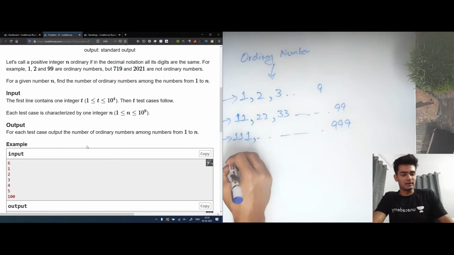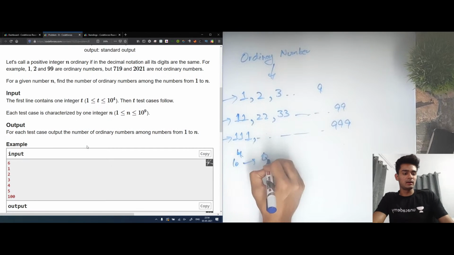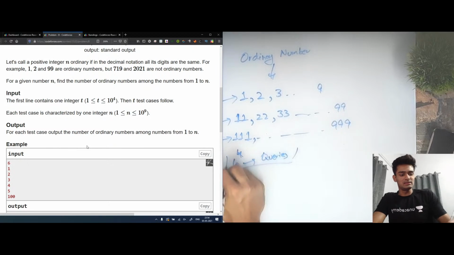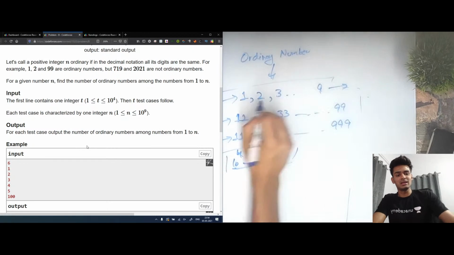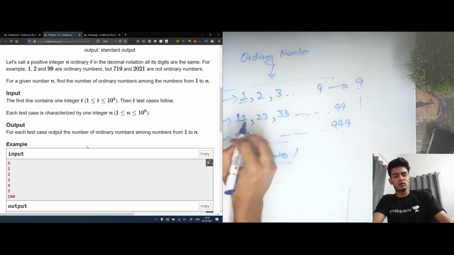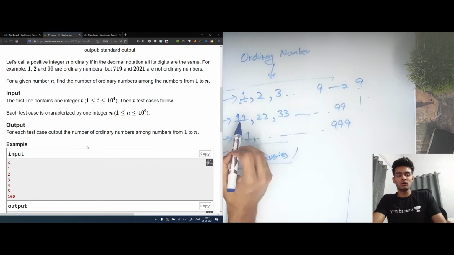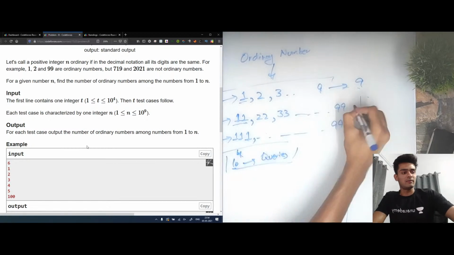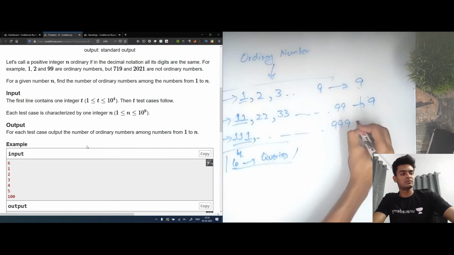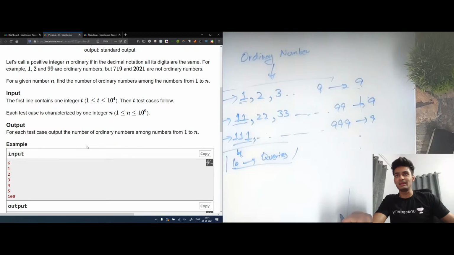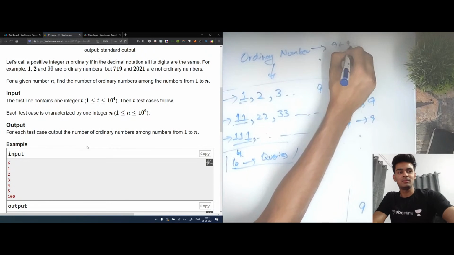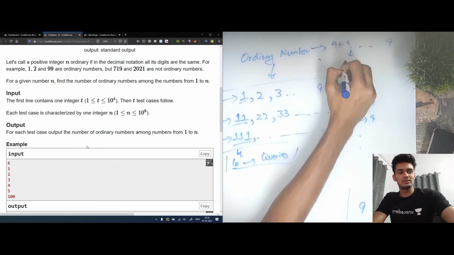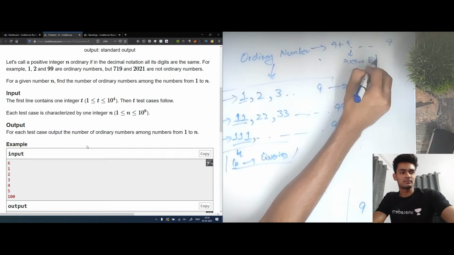Now we are actually given 10 to the power 4 queries. Now let's see the total count of ordinary numbers that we have. So we know that for a single digit we'll have 9 ordinary numbers. Now for a number with a decimal notation of 2 digits, we will have 9 numbers again. Then similarly for 3 as well 9, and so on till the very last 9th array, which will again have 9 values. So basically by this we can say that the total count of ordinary numbers is 9 plus 9 plus, till this is 9 times. So basically this is 9 into 9, which is actually 81.